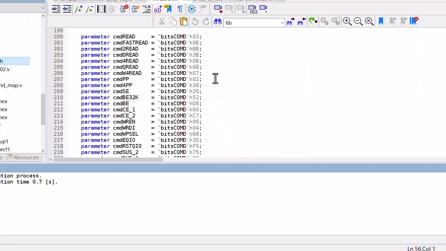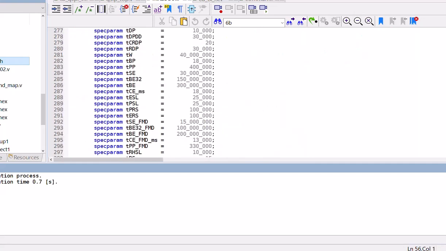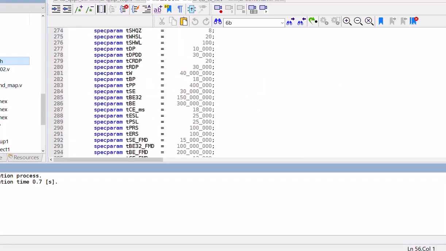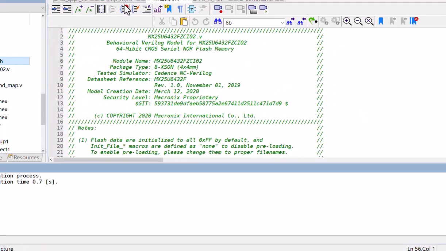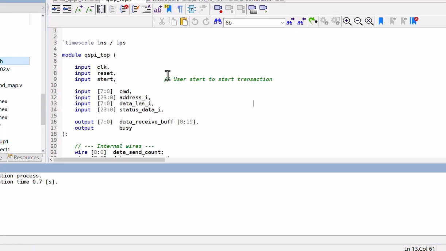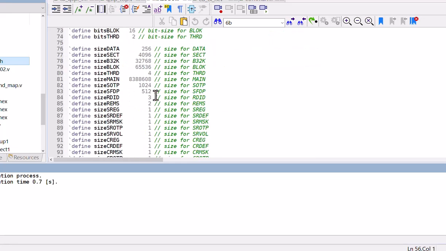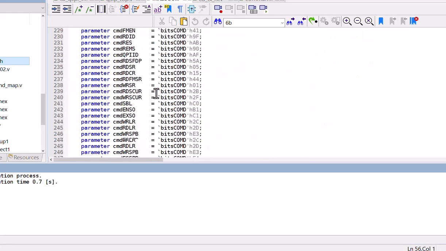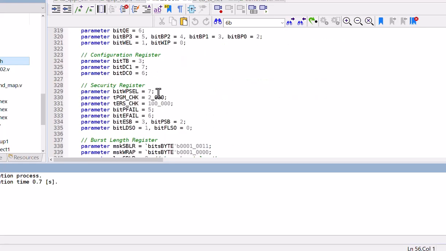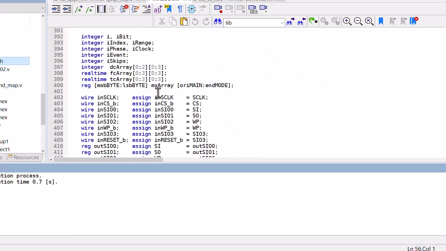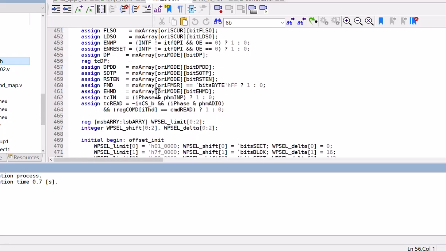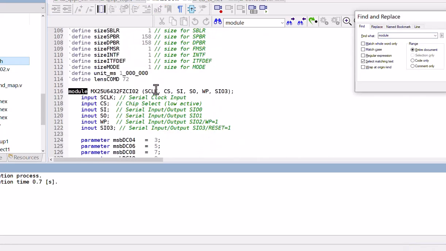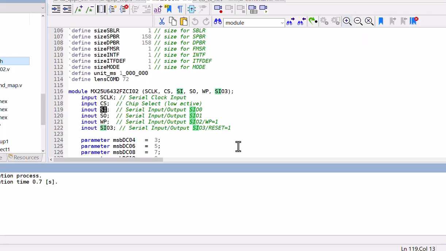There is lots of code in this model, but we don't need anything from that. We just have the interface with these particular pins, that is, our interface pins: S clock, chip select, SI, SO, WP, etc. So moving back to this,